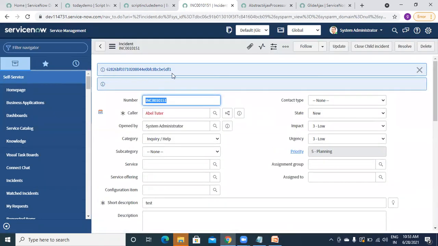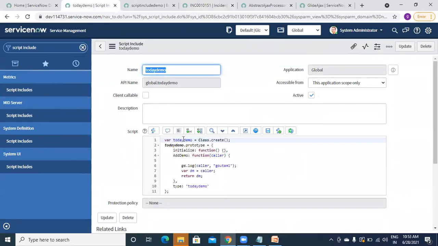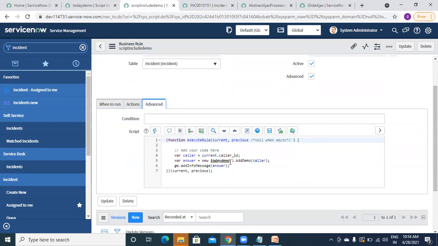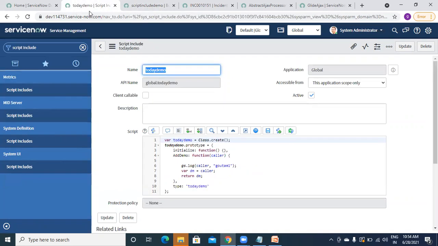See, it is displaying the sys ID of this particular caller. That is because while writing our business rule, on insert and update, I have called this script include, that is script include name, function name, and inside that I have passed this parameter. And the same, I have written the function here, and in that I have directly passed my parameter. No need of any int caller, string caller, anything. Directly pass whatever name you want. And then I'm just returning that and it is working.